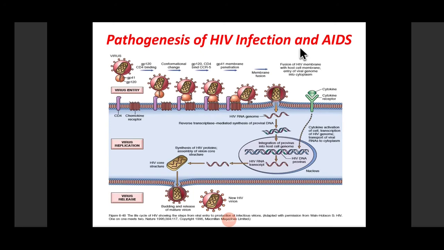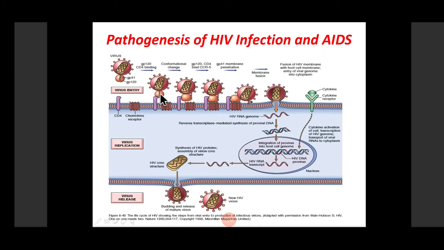Once there is transmission of HIV infection through various routes, which we have discussed, be it the sexual route, mother to fetus, parenteral, drug abusers, or even a patient who already has sexually transmitted diseases, once they acquire the infection, what happens? The first step in the pathogenesis is entry of the virus through all these major routes. We have already discussed that these viruses have affinity for CD4 plus T cells. So the receptors on the CD4 plus T cells recognize the virus. The viral glycoprotein GP120 binds to the CD4 plus T cell.